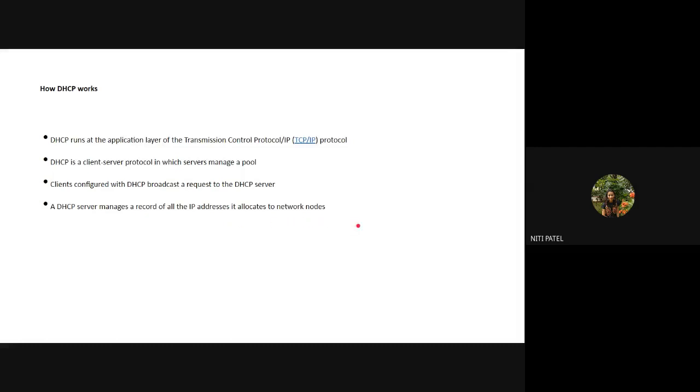Now, when I say that the system is on the network, it is assigned an IP address. How is it assigned? First, a request is made by the client. That request is sent as a broadcast to a DHCP server. From the server, one of the IP addresses will be replied back as a response to that request to the client. Once that IP address is given to the client, the detail of that IP address along with that client machine is maintained by the DHCP server.